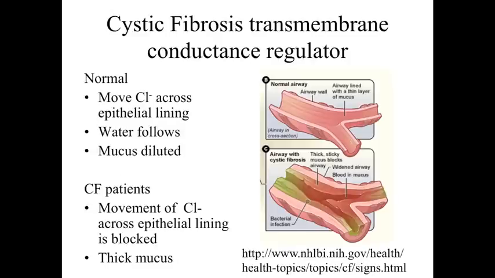Cystic fibrosis is another disorder associated with the respiratory system. Cystic fibrosis is associated with a normal protein which is involved with the pumping of chloride along the epithelial lining. Normally water would follow the chloride and dilute the mucus, and then by diluting the mucus we could prevent the buildup. In patients with cystic fibrosis, the protein that's normally pumping the chloride across the epithelial lining is not working